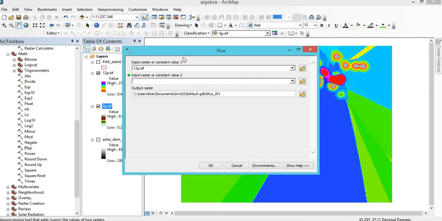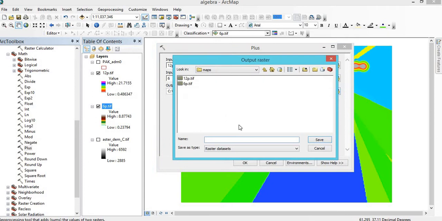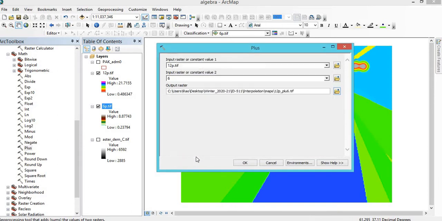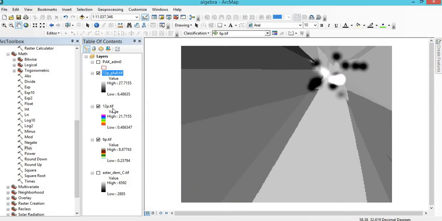If we are going to add any constant value like 6, then 6 millimeter will be added to each and every pixel of 12p, and we are going to save it as 12p plus 6 dot tif and OK. Now you can see 12p is from 0.48 to 21.71, and 12p plus 6 is 6.4 to 27.71.